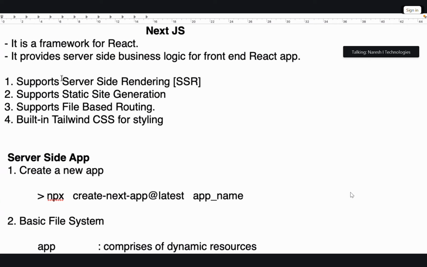Actually, they are not direct features of React, because React people will say React supports server side rendering. How will it support? React is a client side library. How will a client side library support server side rendering? That is not true. That is because of some server side frameworks like Next.js and all. Okay, that is one point.